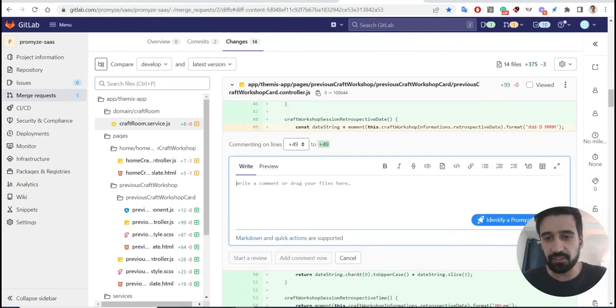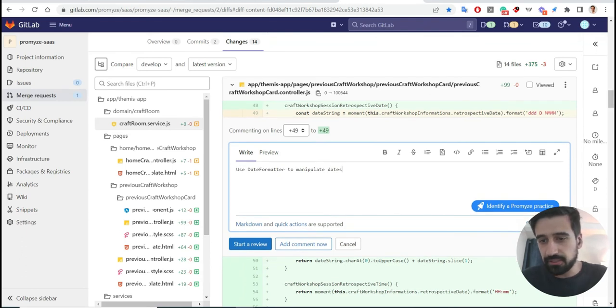So the problem here is that we are using this date manipulation framework called Moment, and we are using this framework directly in our controller in AngularJS, and this is not a great way to do it in our project. We should better use something called a formatter service. So this is just an example of a best practice, but just imagine that your best practice to follow is this one, to manipulate dates. So just click then on identify a Promyze practice,